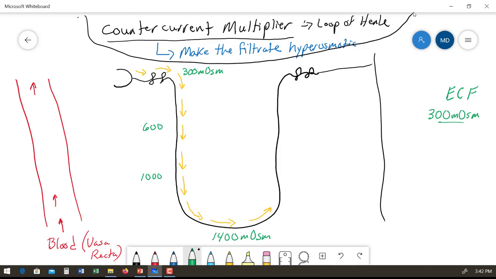So in other words, there's only two ways that we can have this rise in the amount of solutes in our solution. One way is to add more solutes to it, but that's not what's happening here. The other way to have this concentration increase is to remove the water and leave the solutes behind, and that's exactly what happens here. So on this side of the loop of Henle, I'll do this in black here, on the descending side,